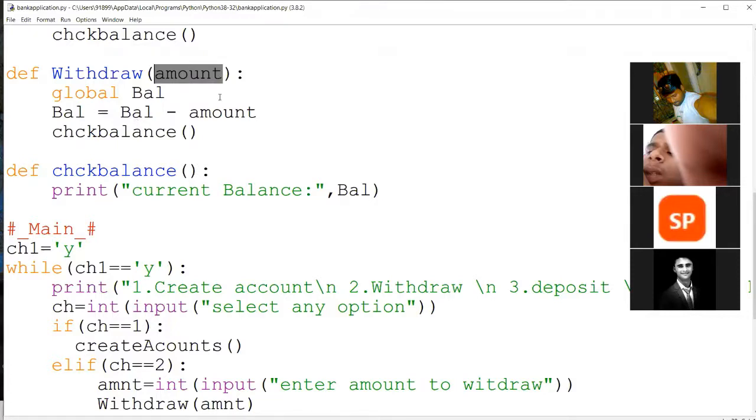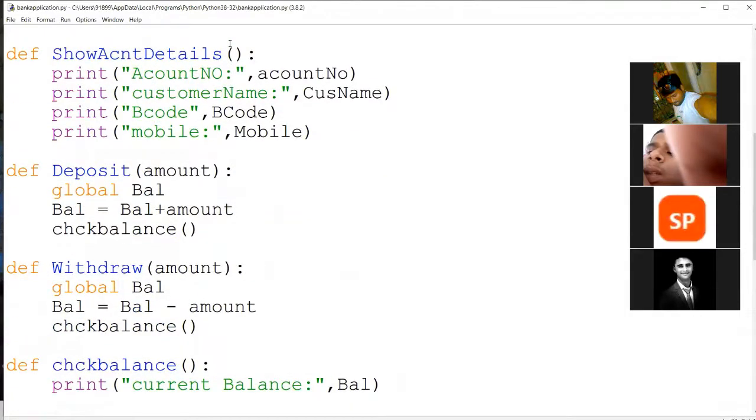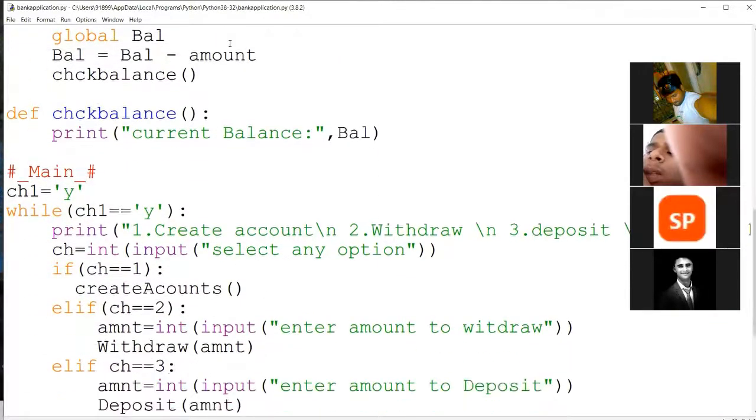Here the data is fixed. Suppose you want to send data dynamically, or send different data at different times, because how much I want to withdraw is not the same all the time. Whenever I enter option 2, every time it asks the user what is the amount you want to withdraw. I'll say 5,000 sometimes, 10,000 sometimes, 30,000 sometimes, then it will perform this.